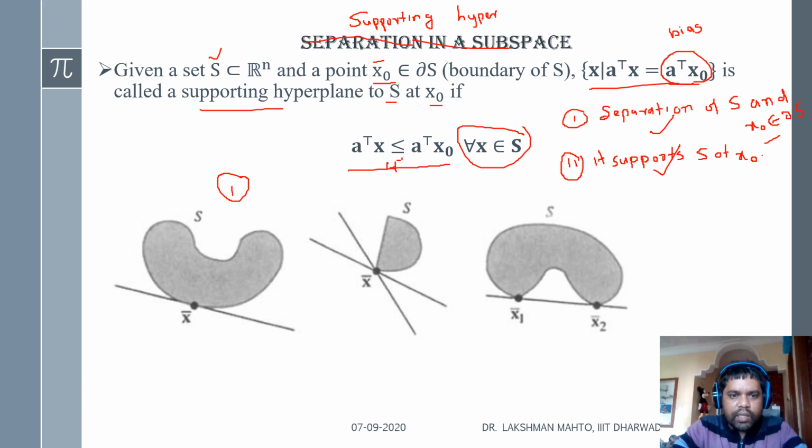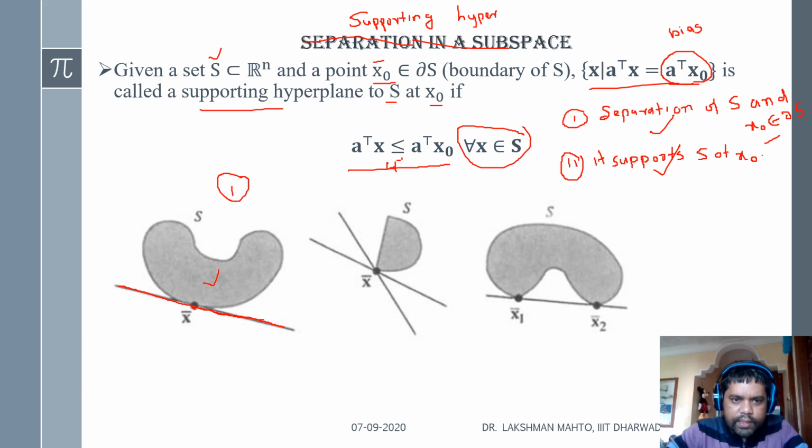So here we have taken a few examples. In example one, you can observe that S is a non-convex set. In this non-convex set, take a boundary point here. X bar is a boundary point. Then we can define a supporting hyperplane which will separate this set S from X bar. There is a clear separation. This one is not a strict separation, but it is a separation which separates X bar and S, and this plane we are calling a supporting hyperplane.